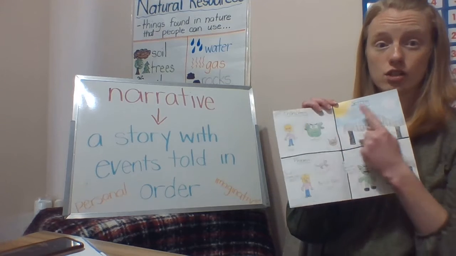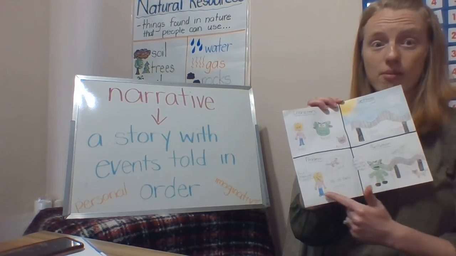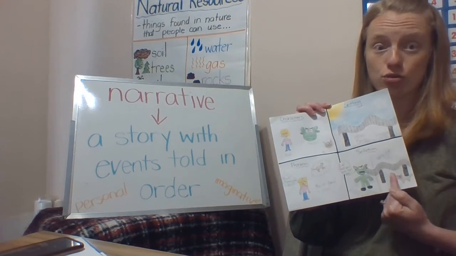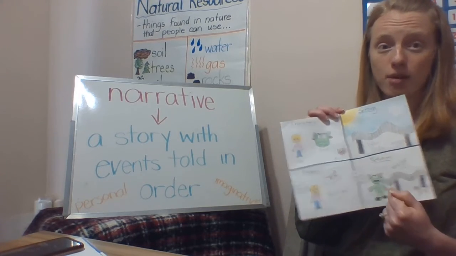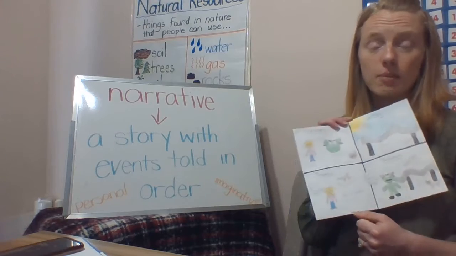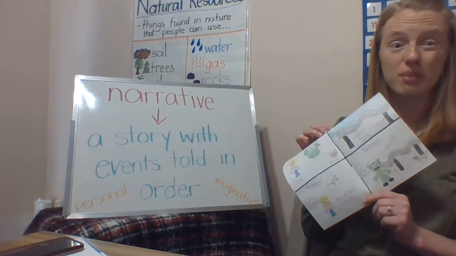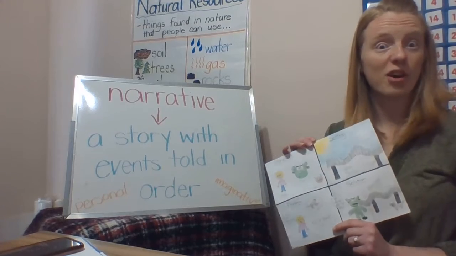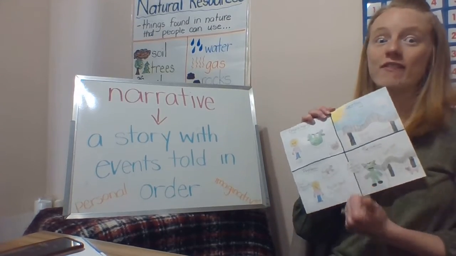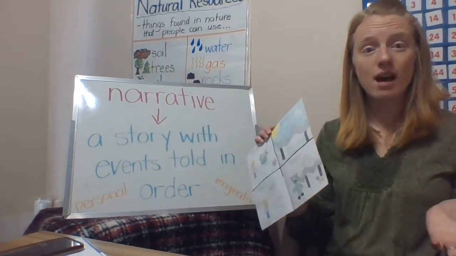So, characters, setting. Think of a problem you could have encountering a troll at a bridge, and then how you solved that problem. If you need help, you can think back to the problem in the 3 Billy Goats Gruff and how they solved their problem, and you can think of a similar kind of problem. But I went for a very different kind of problem because it's my story.